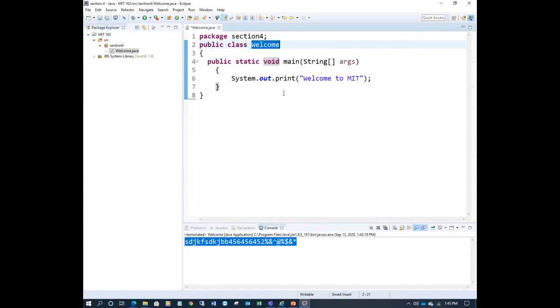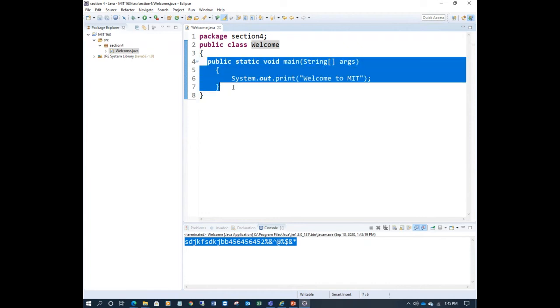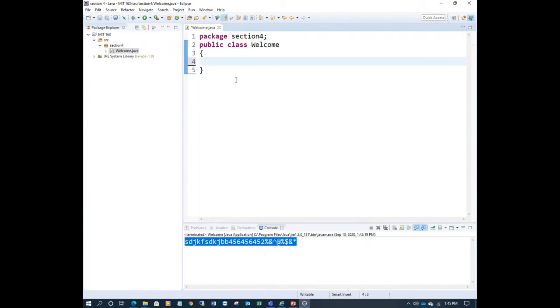What is your program? Welcome. Program name, file name, exactly, we can call it a class name. Just beside the class keyword is the class name, and this is the opening of the class. So I will just remove this example. Now this is your program, an empty program, nothing is there. This is also a program without any operation, without any data.